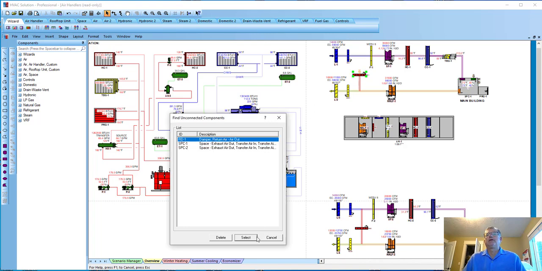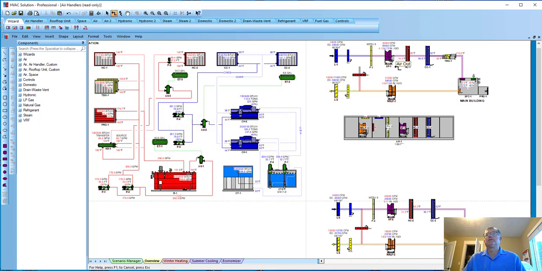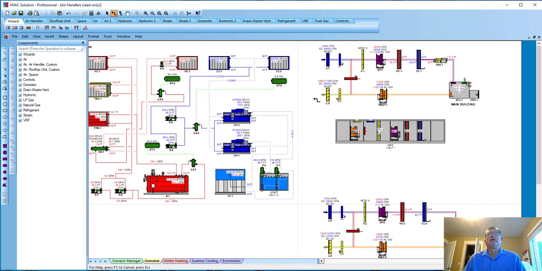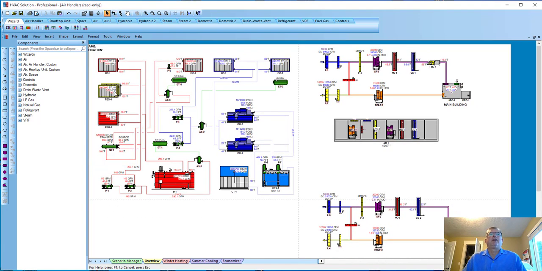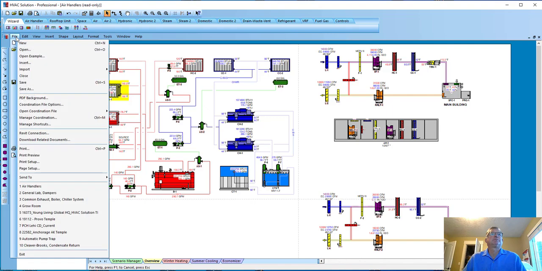I can come in there and connect that up, and then you'll see the 14 degree. It's going to change because now the return air is mixing with the outside air, and the return air is like 70. That was 14, and now it has a mixed air temperature of 48. So I like that find feature just to find unconnected items as well as